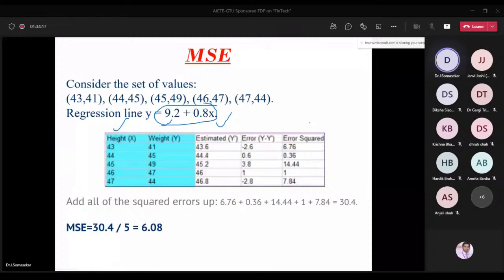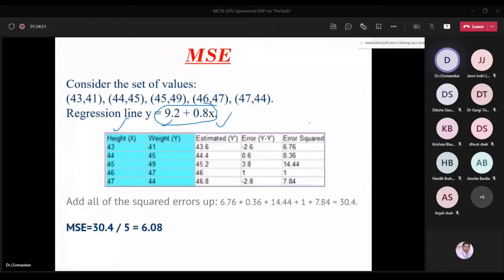So R square value should always be high. Maximum is 1, minimum is 0. 0 means there is no correlation, and 1 means 100% similarity. You can see here, if I take R square equal to 100%, all the data points are touching the regression line. This is the beauty of R square. R square equal to 1 means all the data points touch the regression line, that's why it is the best regression model. No model will get more than this 100%, that is the highest, so we can fit it or apply it to our application.